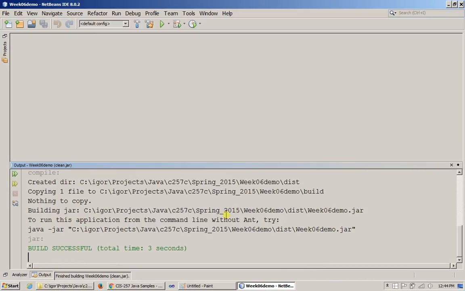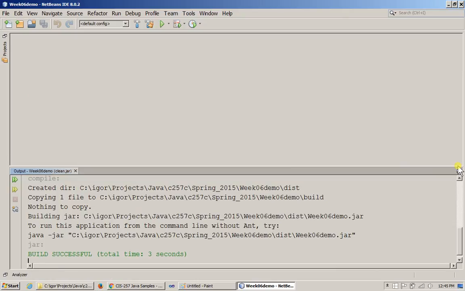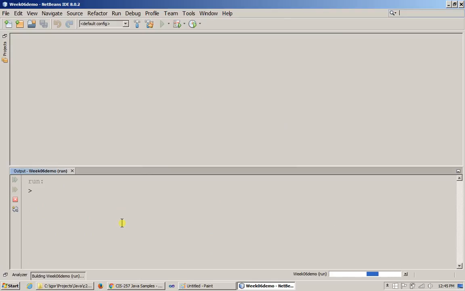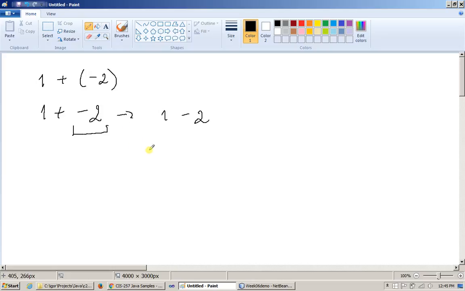Okay, so this tells me build successful. Hopefully you can get to the same results, and that would be our starting point today. So if we run this application, of course, it's going to ask us for the main class, and we specify that. So similar to what we try to advertise here with unary